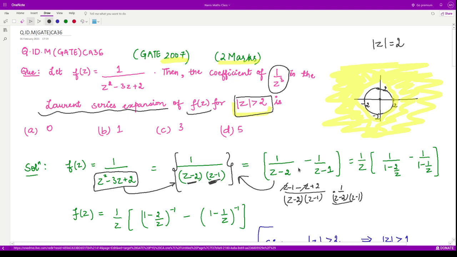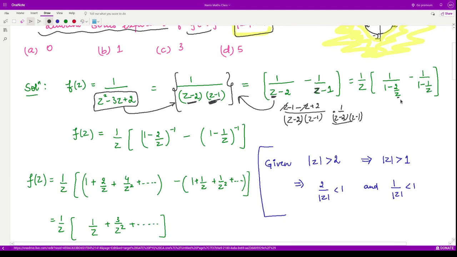Alright. So after applying partial fractions, I have taken this z common from both the terms. So in the denominator it would be 1 upon z, and you'll be left with 1 divided by 1 minus 2 by z. And again, minus 1 divided by 1 minus 1 by z when you take z common. So you can rearrange this term and take the whole term to the numerator, taking its power as minus 1, and similarly with this term you can take its power as minus 1.